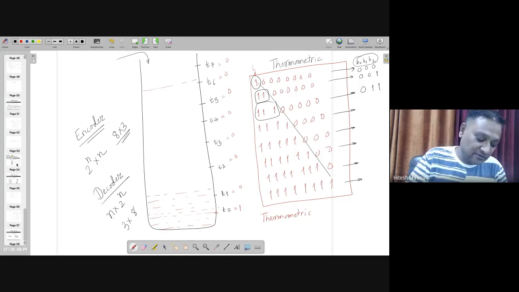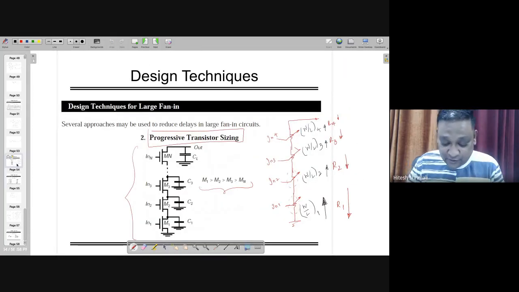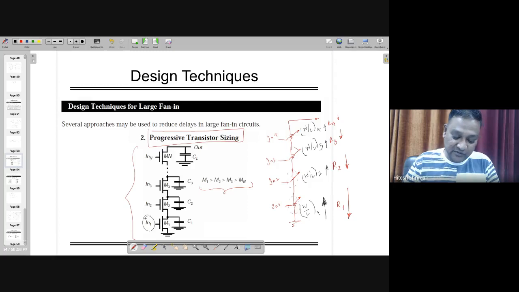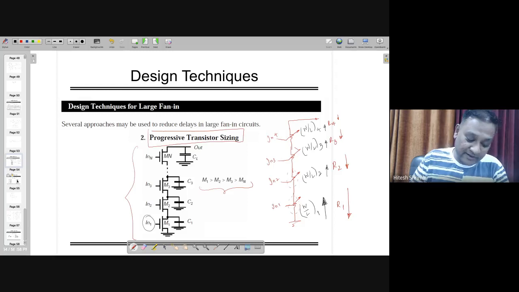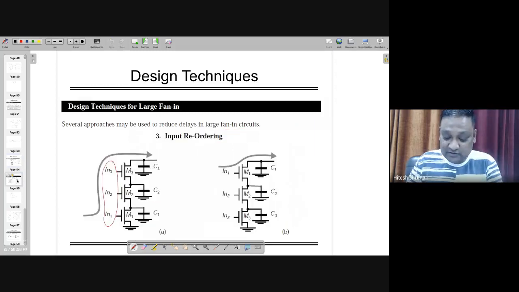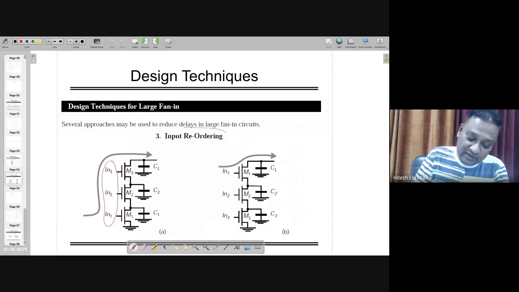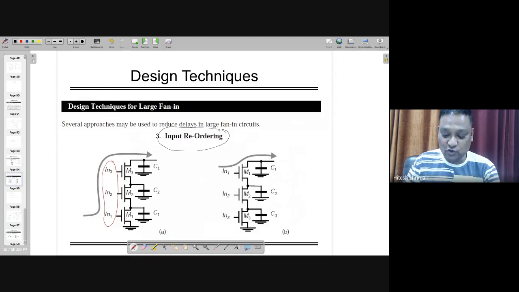So this is very important sometimes, that your code is not actually coming in the way you want. You might have the thermometric code. In that case, you might need to keep the inputs such a way that some of the transistors are getting on progressively. So that's why thermometric is important, and that is what is required, and you need to make sure that input reordering is also possible. So that's why these codes are important. So which code is coming, you need to follow the reordering accordingly.